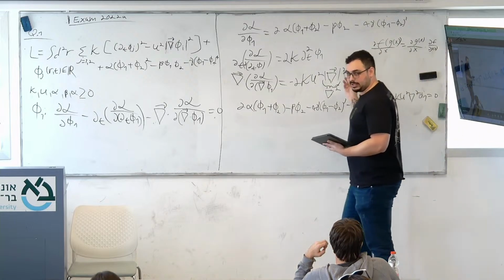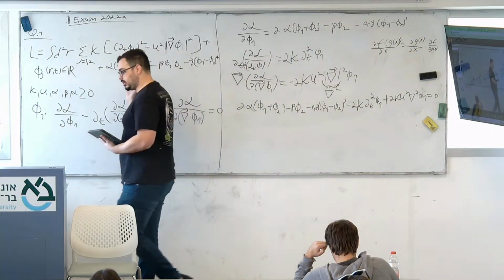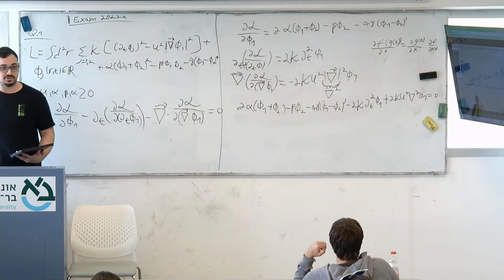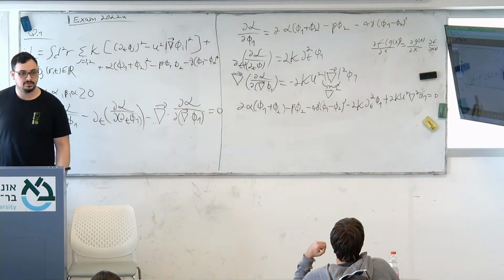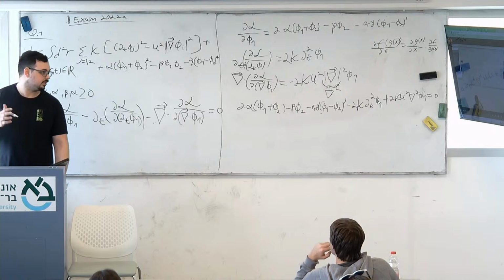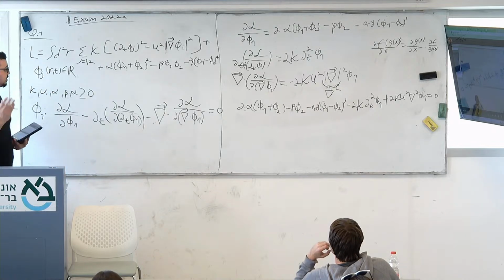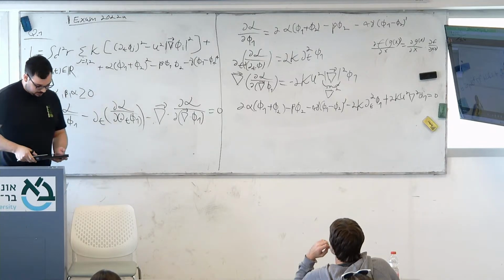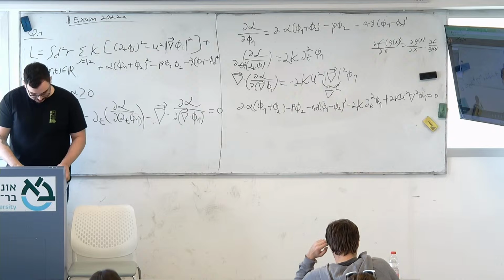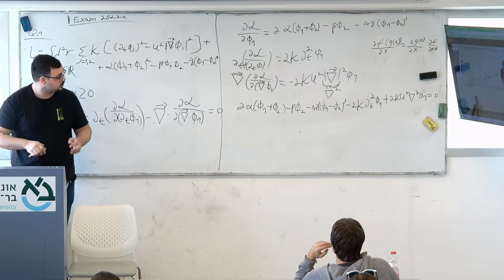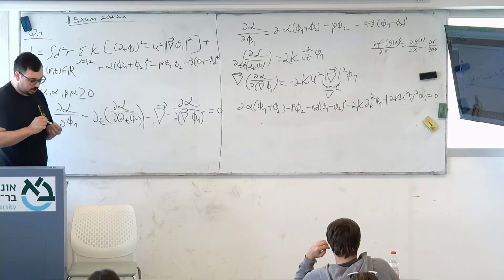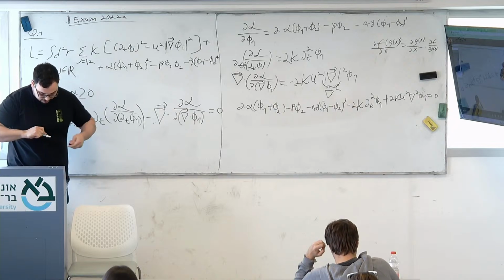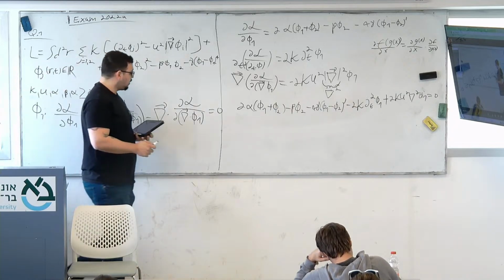Alright, similarly you can find the equation for phi 2, but since we're not going to use the 1, 2 index for the rest of the question, I'm not going to write it. I'm not even going to write the final result because it's irrelevant. Alright, now, after we've done that, the question asks us to use the two Euler-Lagrange equations to find a representation to